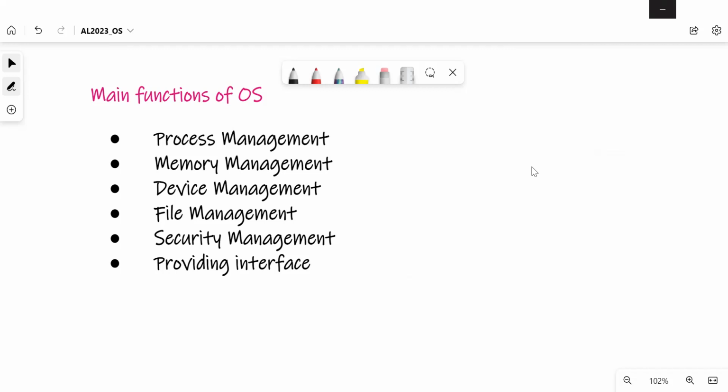So the main functions of operating system: first one, process management, memory management, device management, file management, security management, and it will also provide you the interface.